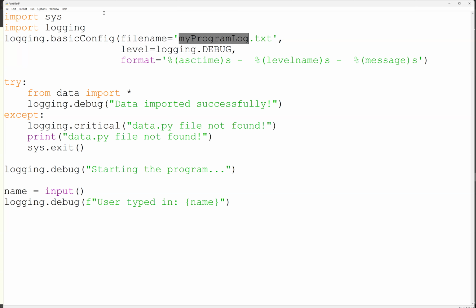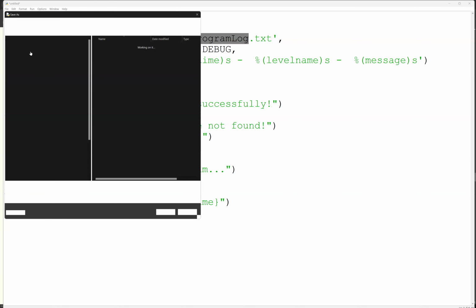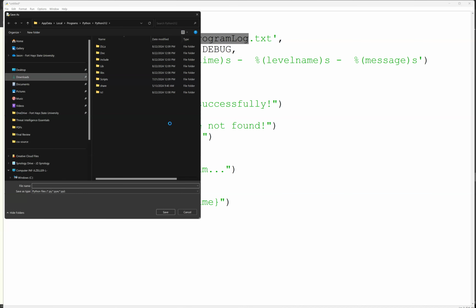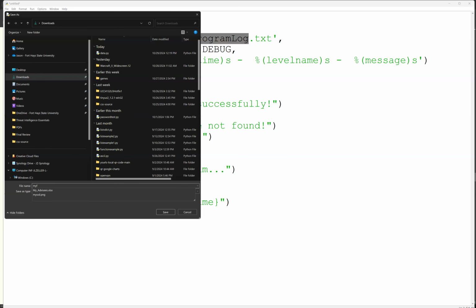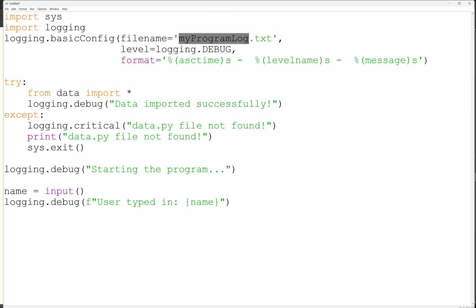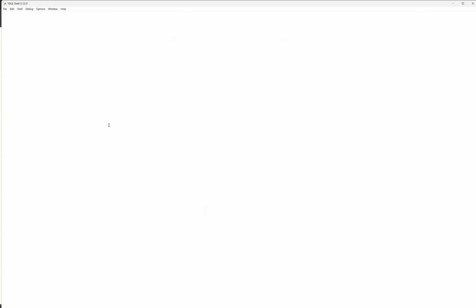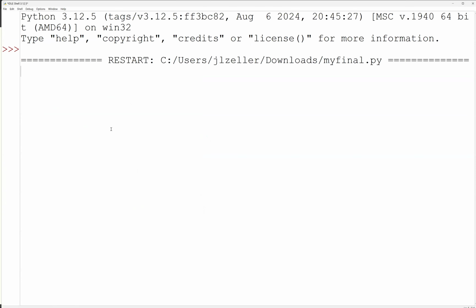So if I run this project here, which I got to save, so we could call this my final, see here, downloads. And at this point, it's just blanking for my input because I forgot to put some kind of prompt. So I just put Jason and notice nothing happens, right? If I go to that downloads folder,